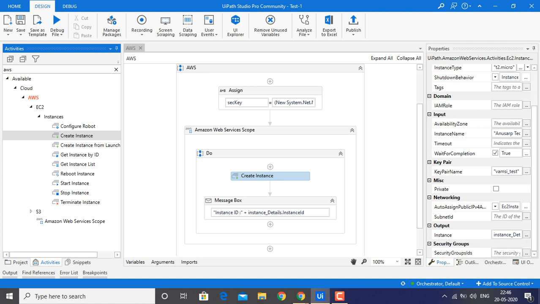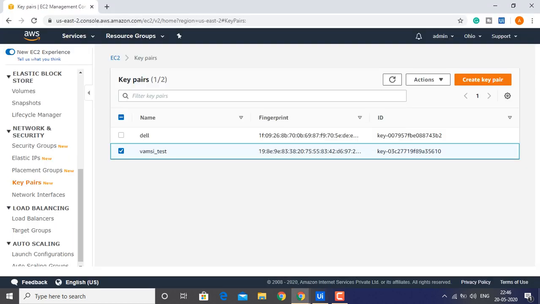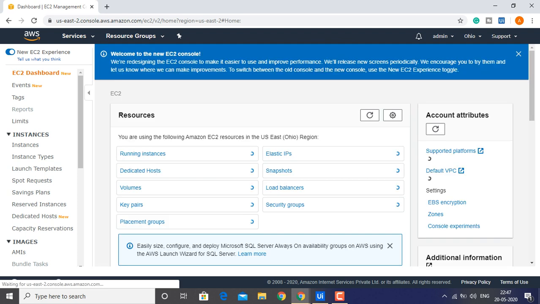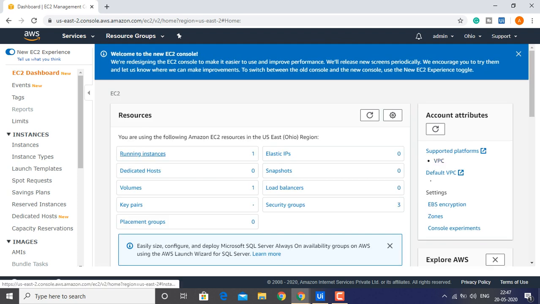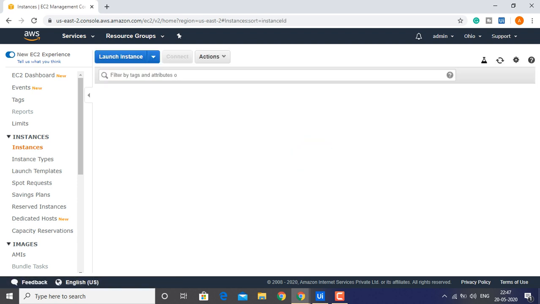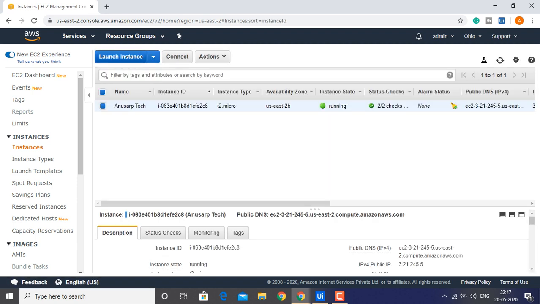If you observe, guys, earlier we launched an AWS instance using UiPath. Right now we will launch one more instance, an Ubuntu server. We launched a Windows server earlier. Let me show you in a practical way.